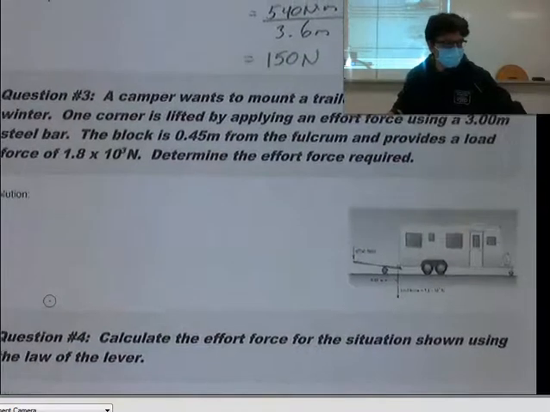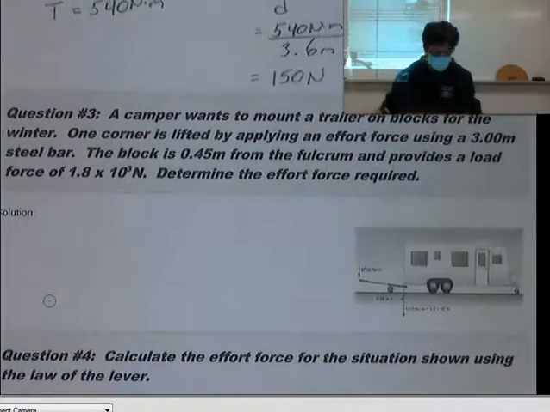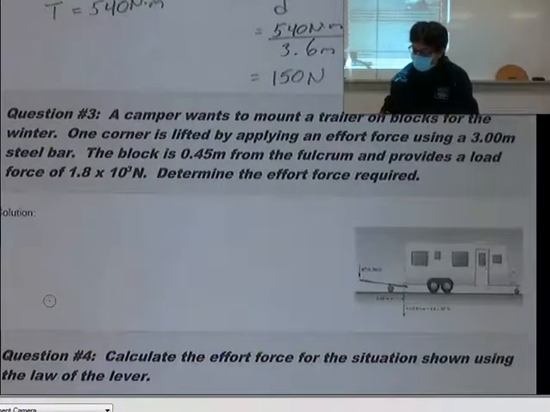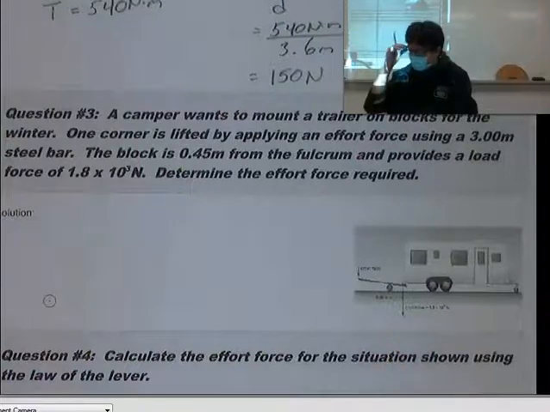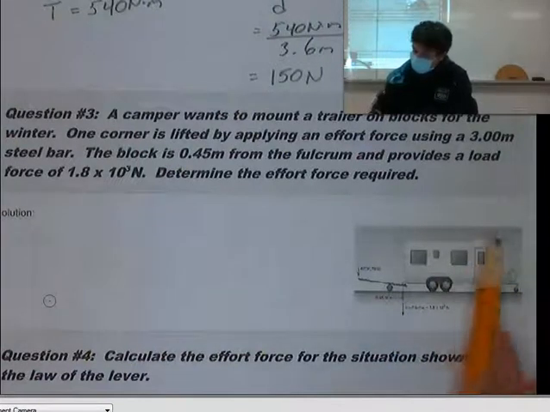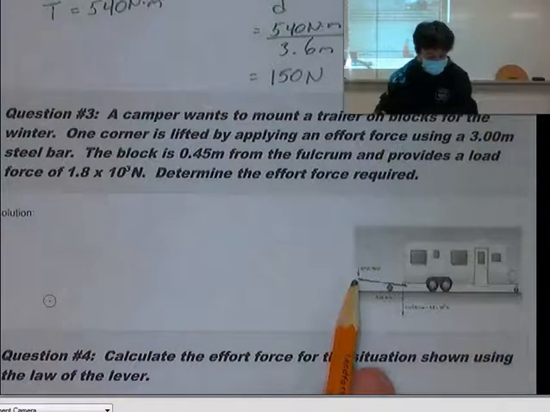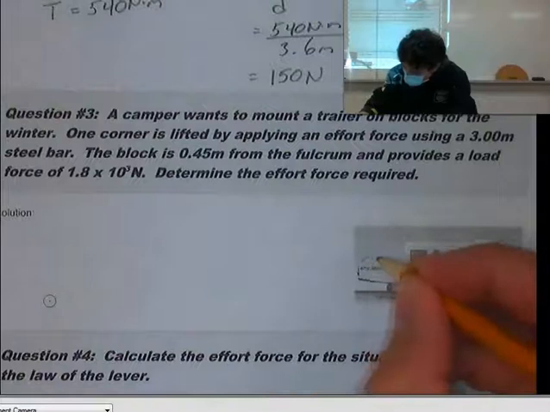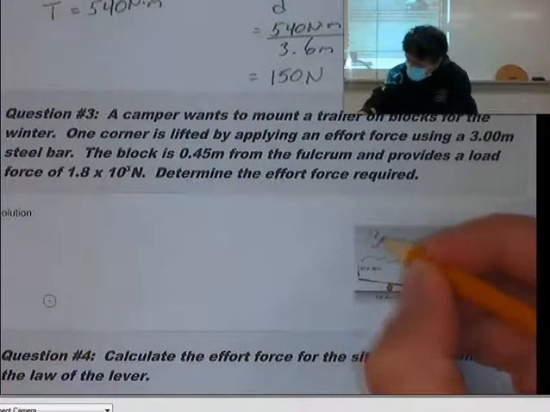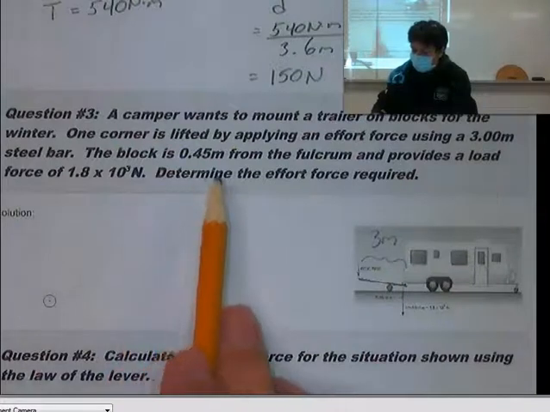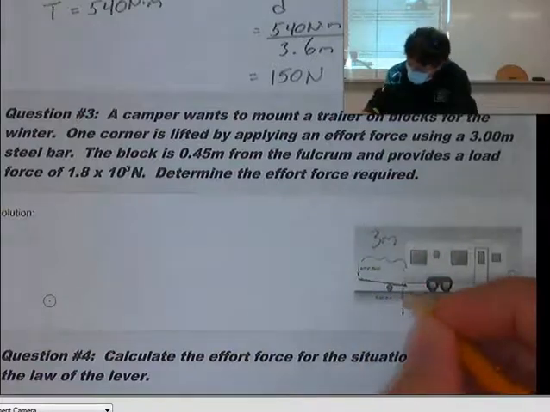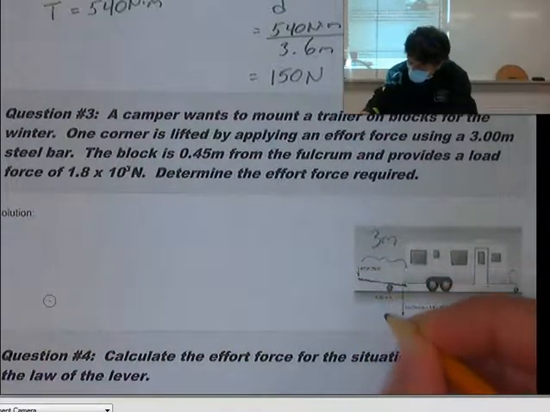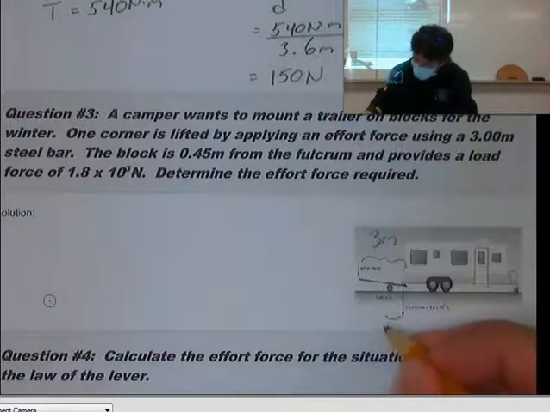Question number 3. A camper wants to mount a trailer on blocks for the winter. One quarter is lifted by applying an effort force using a 3-meter steel bar. So this steel bar is 3 meters. The block is 45 centimeters from the fulcrum. So that means this block, there's your fulcrum. This distance here is 45 centimeters, or 0.45 meters,